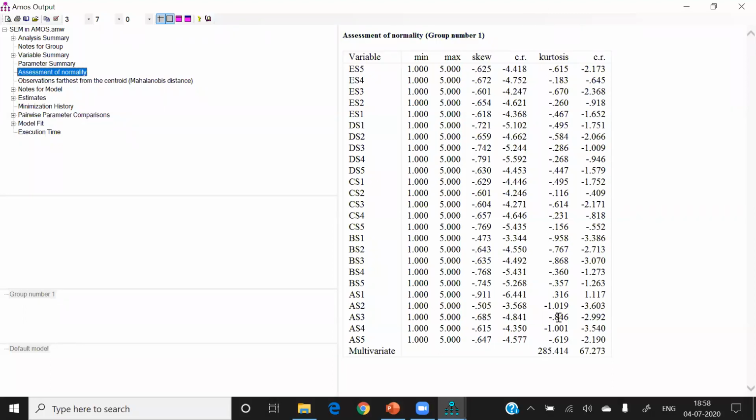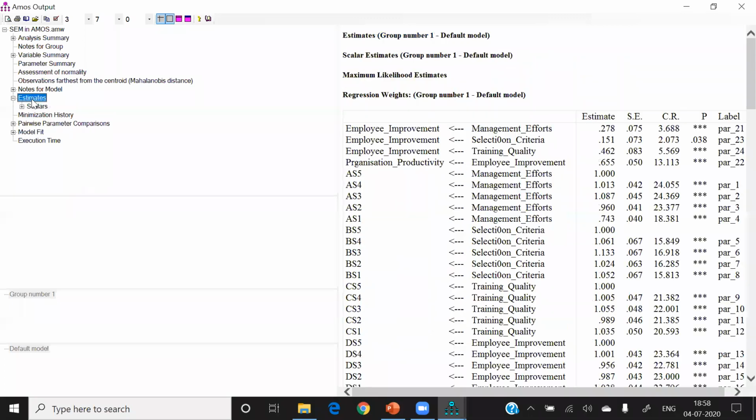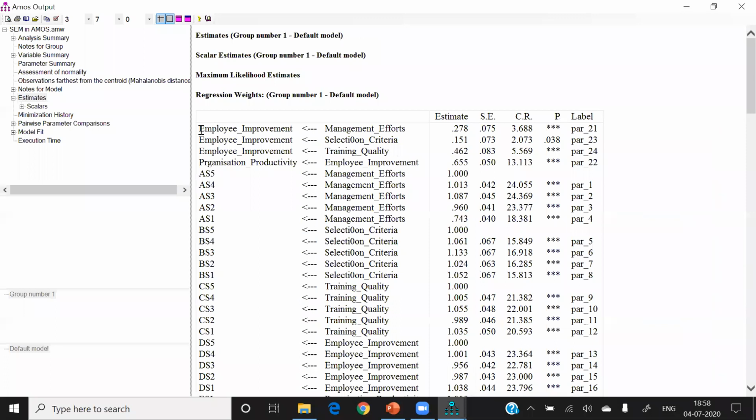Actually, the problem is that in a 1 to 5 scale, the minimum value is 1 and the maximum value is 5. So if you have a 5-point scale, this scale creates a problem in the kurtosis. The first bad effect of a 5-point scale is on the skewness and kurtosis. Okay, after that I go to the estimates. In estimates, the hypothesis testing is here.